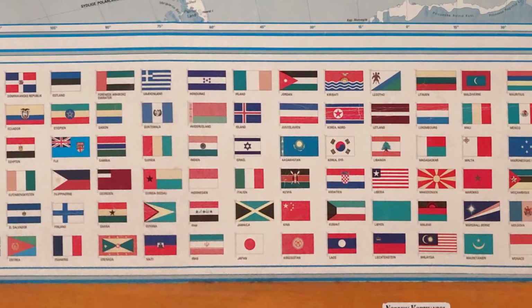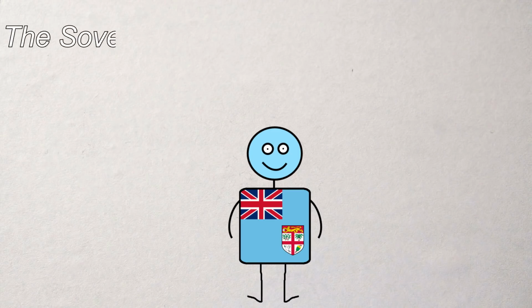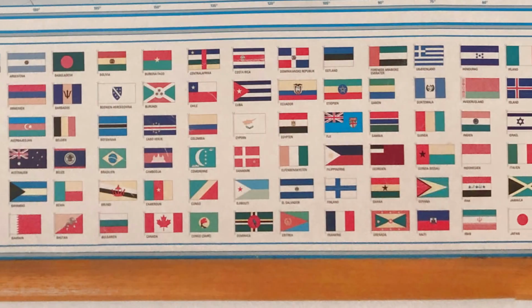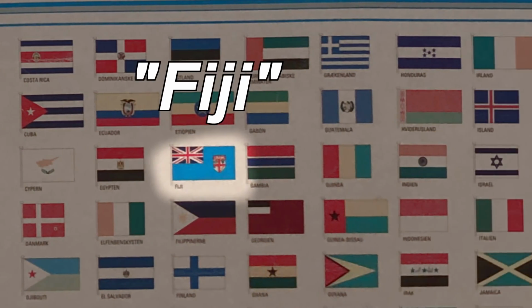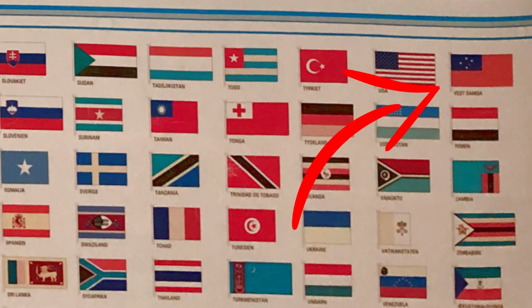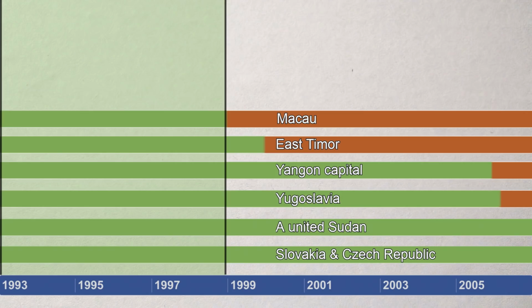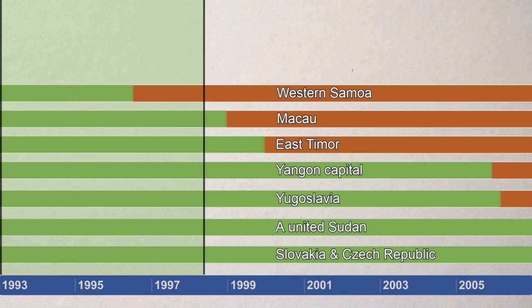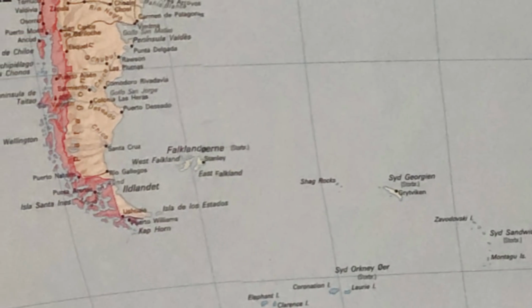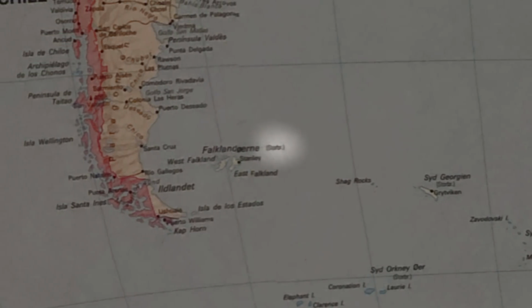Quite a few countries changed their names, such as Fiji, going from the Sovereign Democratic Republic of Fiji to the Republic of the Fiji Islands. But the map just displays the shorthand name of most places anyway, so these changes don't really affect anything for us. Though Samoa is actually listed as Western Samoa, which narrows it down to being from before the 4th of July 1997. Most overseas territories under the governance of another country have these countries listed in parentheses, though Palau just